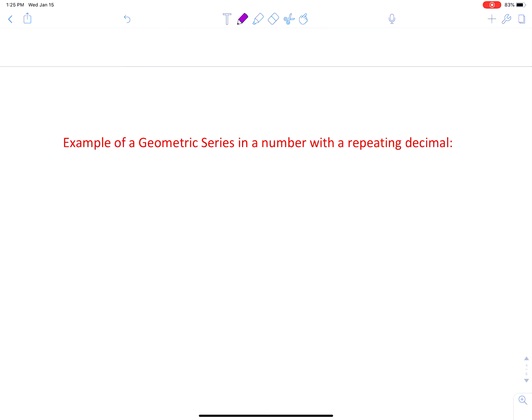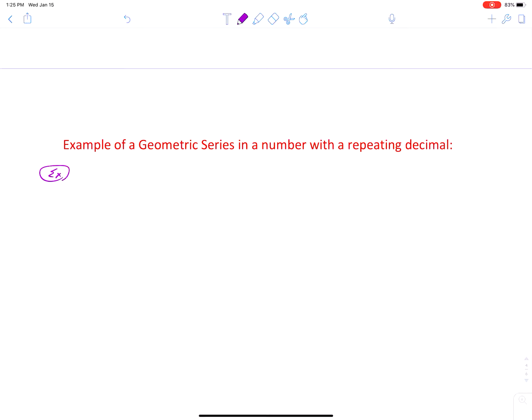In other words, here's an example. Let's say we want to express this number A, which is 0.08080808, repeating. You have seen this with a dash above the